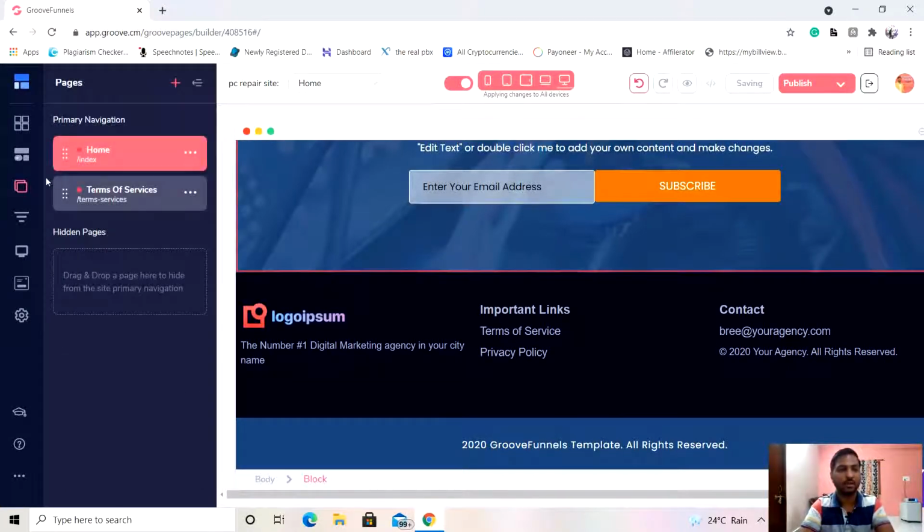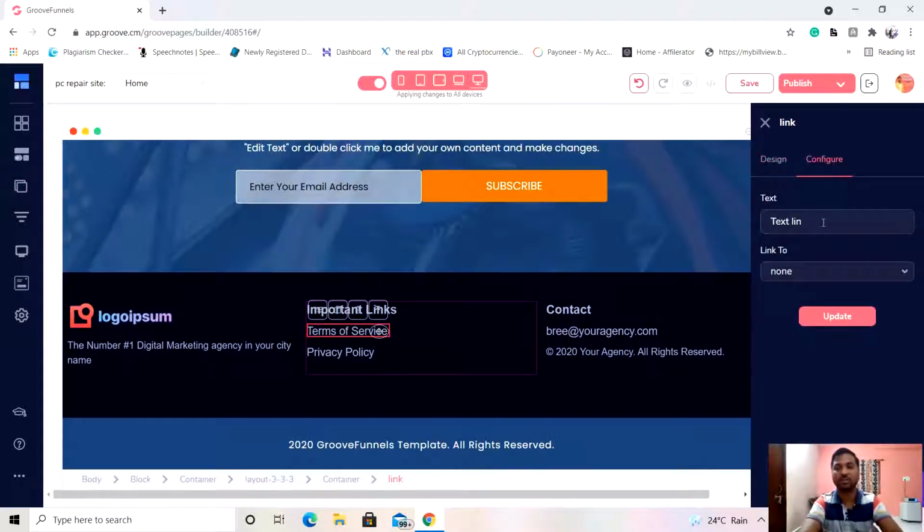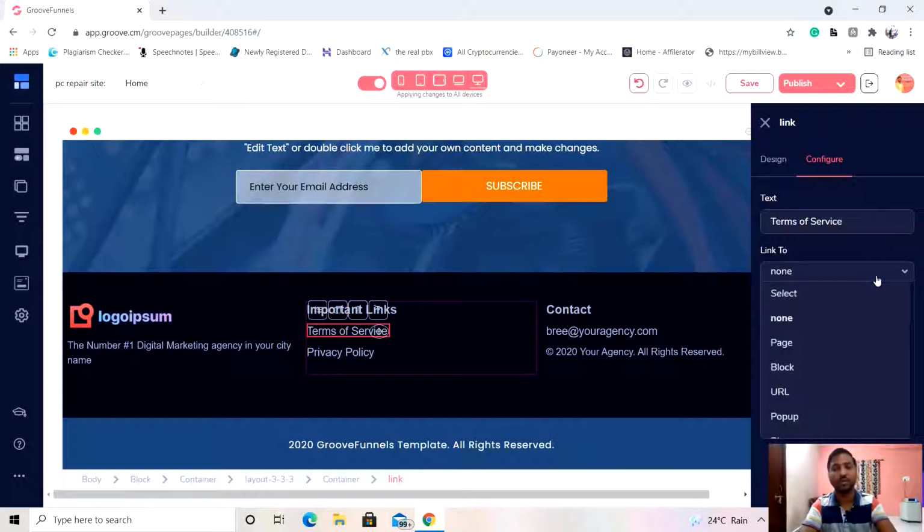All right, now let's see whether this page is appearing in that option or not. I'm going to select the terms of services, configure it, and mention terms of services over here again, and link this so that if anybody goes to the bottom of the page and clicks on that particular link, they will be redirected to the privacy and policy pages.